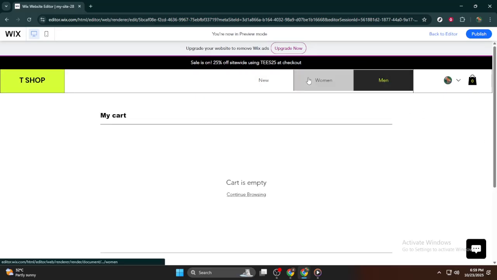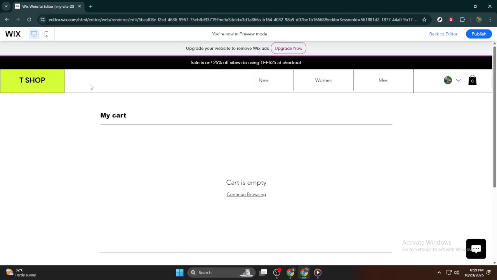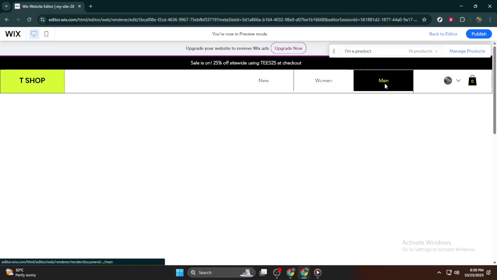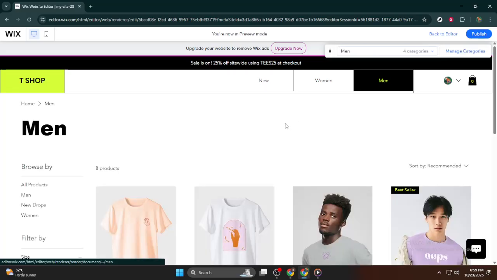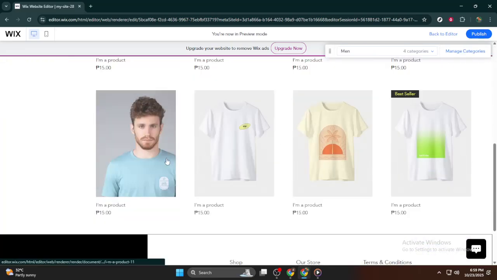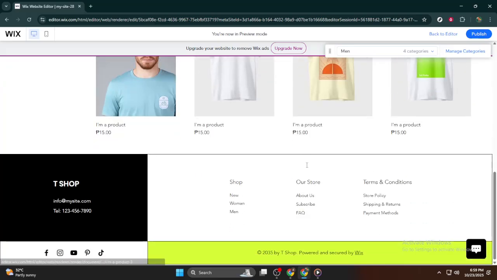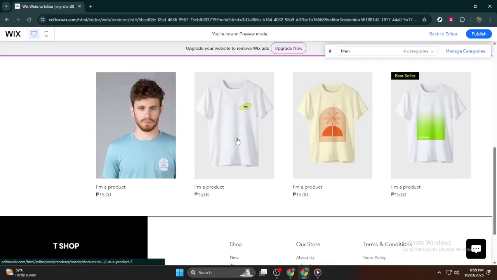Viewing your site in preview mode lets you see it from a visitor's perspective, providing insight into the user experience and potential areas for improvement. In preview mode, explore your product categories. For instance, you might go to the men's section and click on a product to see how items are presented